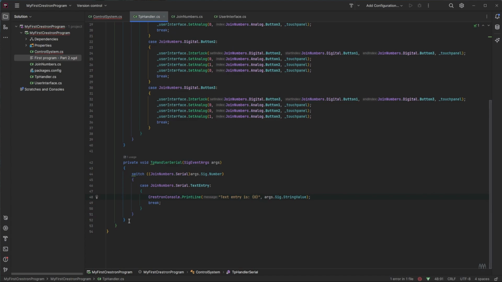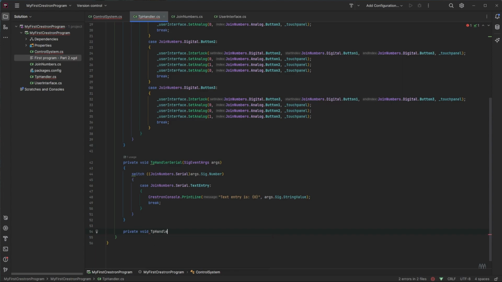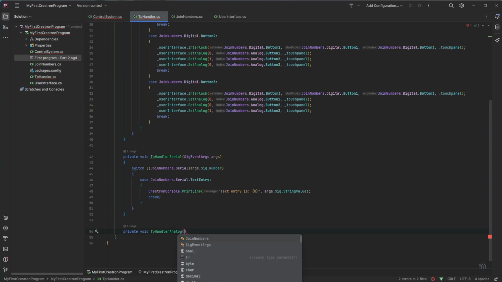And again, I'll do pretty much the same thing I've done previously. So I'll create a private method called TP handler analog with SIG event args as the parameter, and we use a switch statement again,